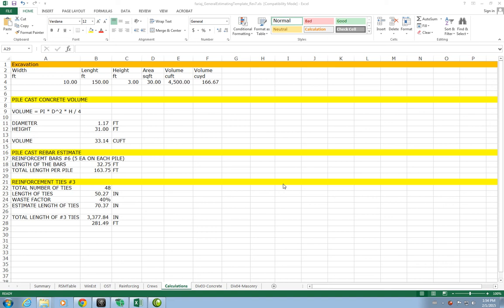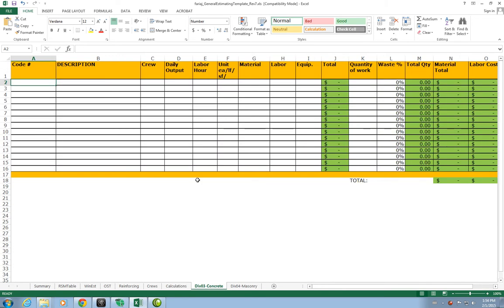So now we have estimated the volume of concrete that we need for the piles. We have estimated the amount of rebar that we need. It's now time to estimate the cost of these piles. We'll go into division 3 concrete, and this is going to be the template that we're going to use